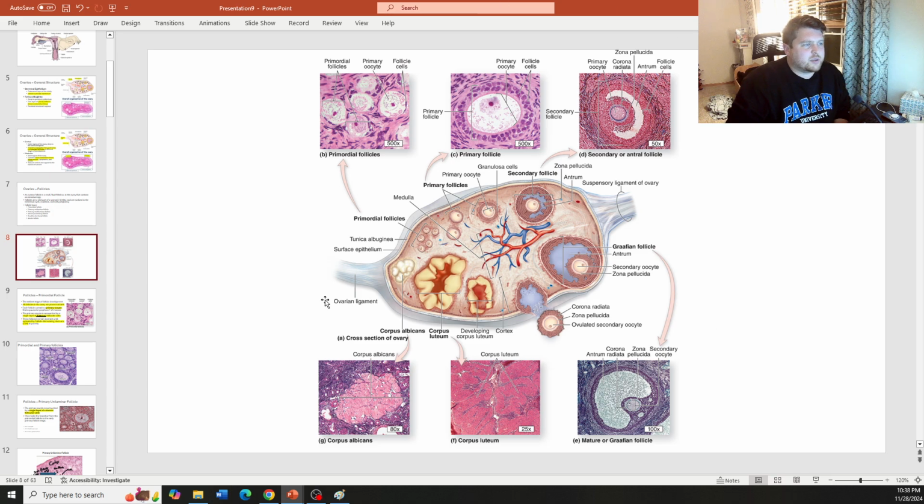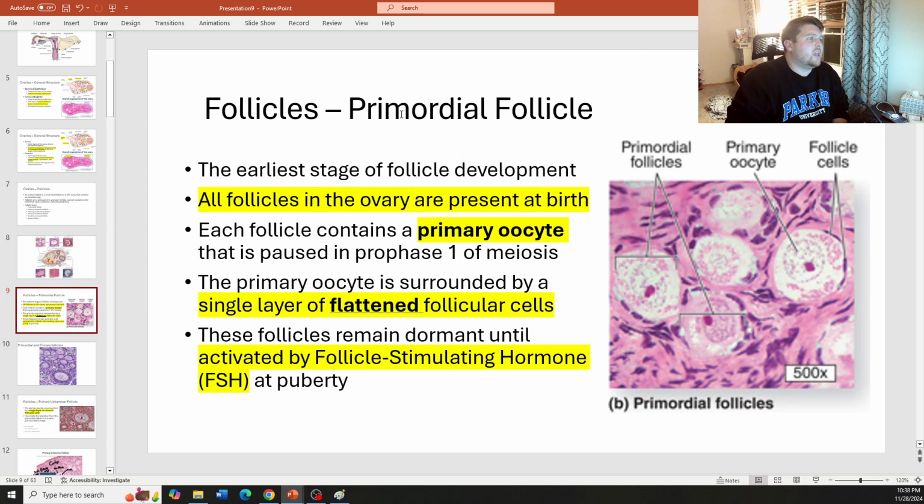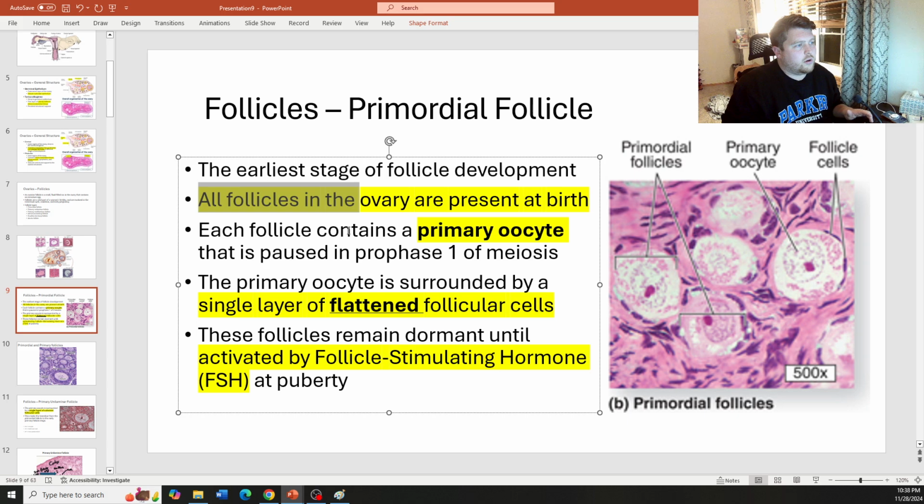You can come back to this a couple times if you want, but I've also taken each of these images and inserted them into the appropriate slides. So, primordial follicles. This is the earliest stage of follicle development, and it's important to understand women are born with